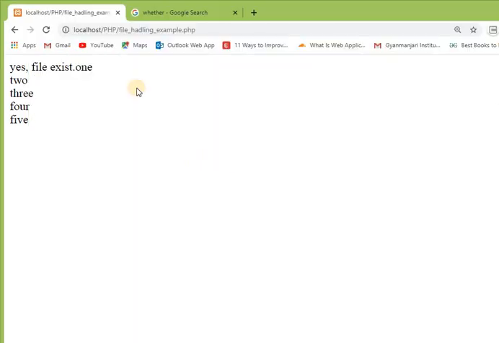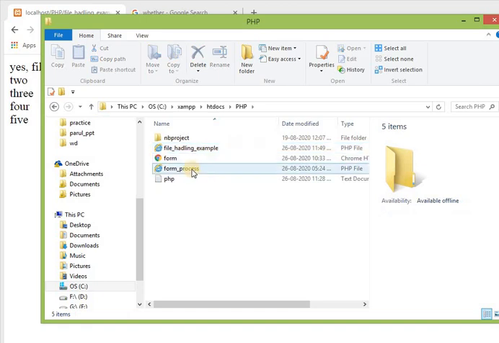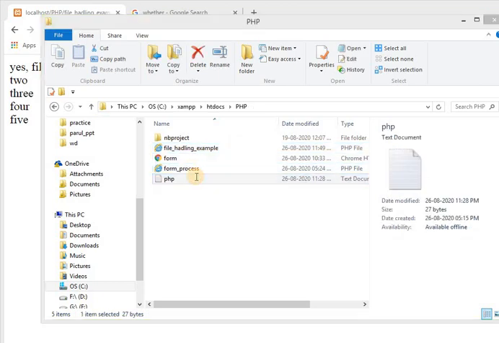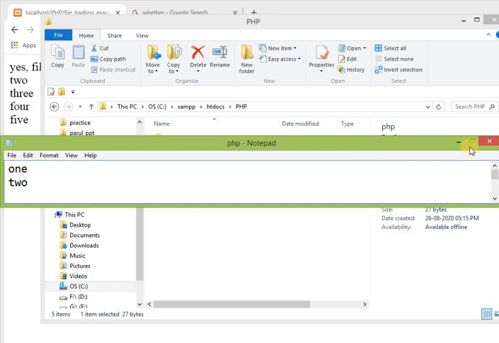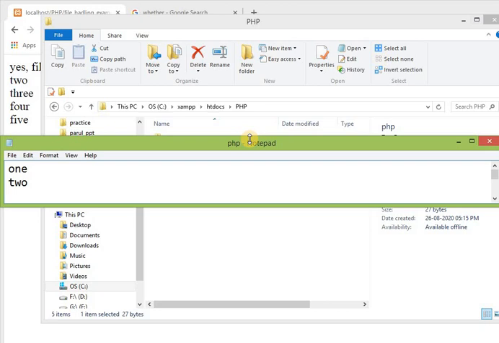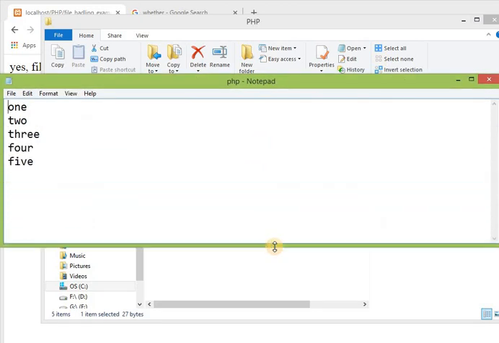This is my PHP project, and inside this PHP project there is one file, php.txt. Let's see what is written over here. You can see one, two, three, 4 and 5, this is the content of my file.